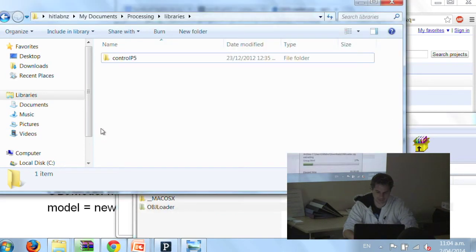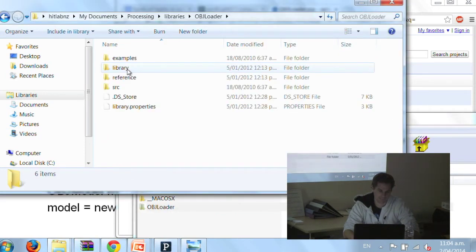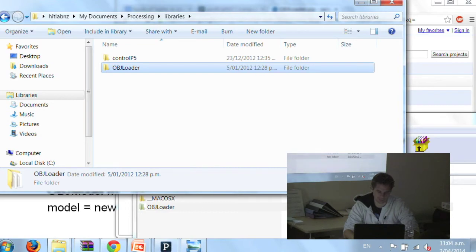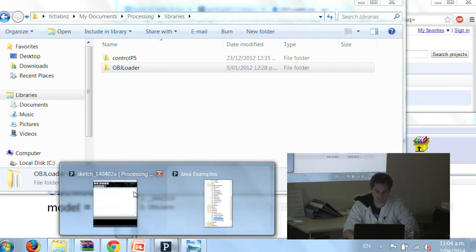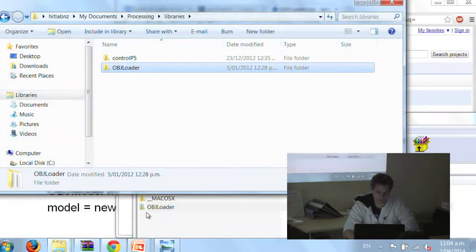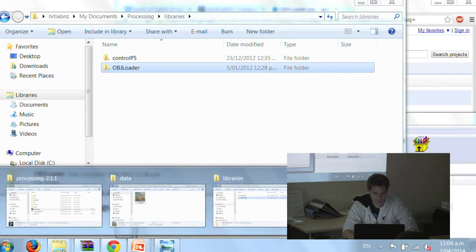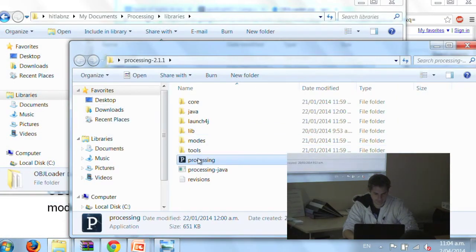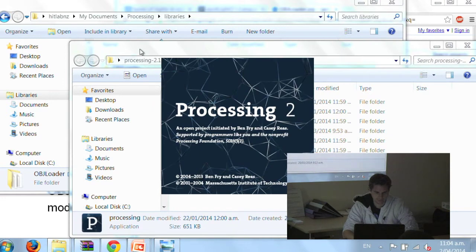Right, so if we dump that in there now, just like we did with the ControlP5 library the other day, we've now loaded our object loader, run processing,